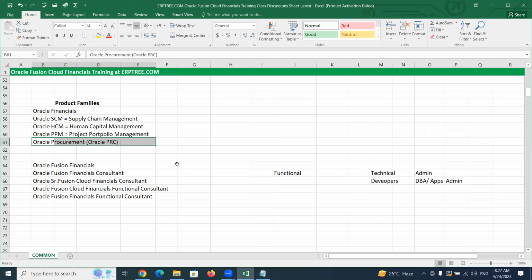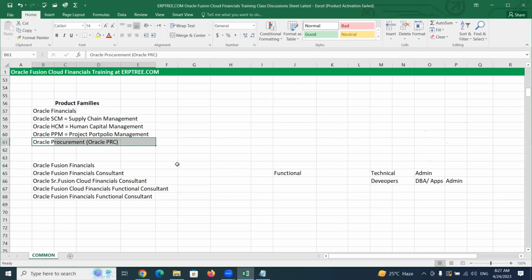Along with that, they can also choose applications for the area they are specialized in. Typically, in most implementations, we do at least 2-3 product families, or at least maybe finance and SCM. This is what we come across when we work for clients.